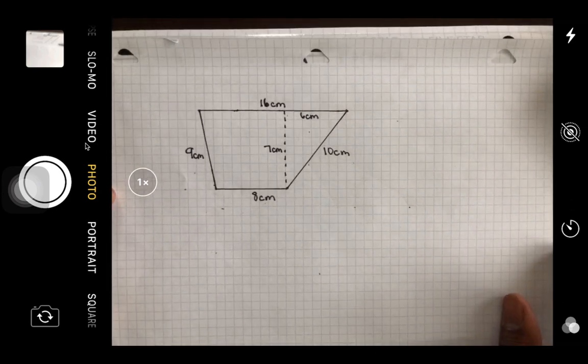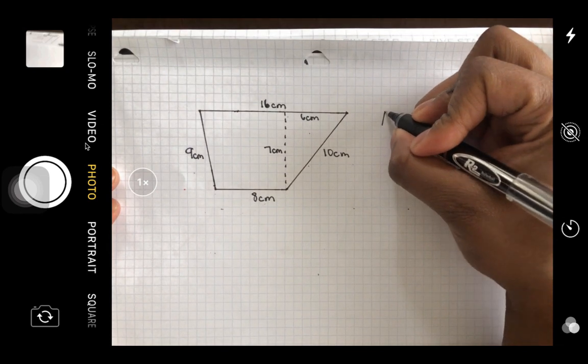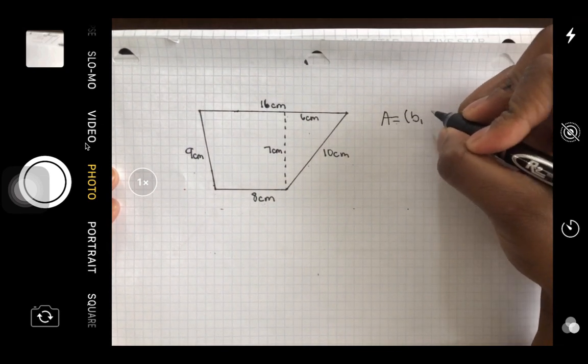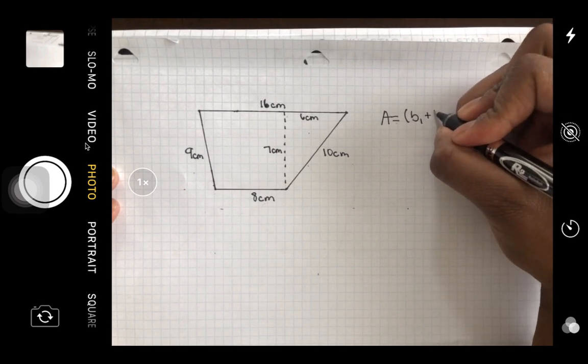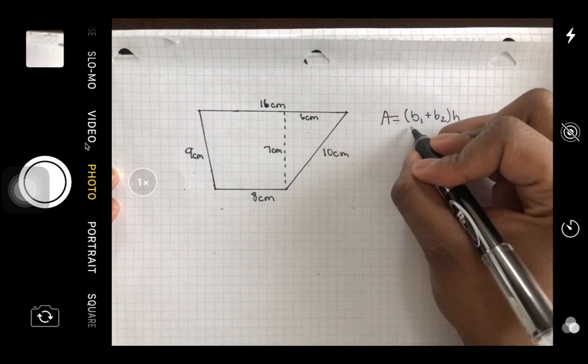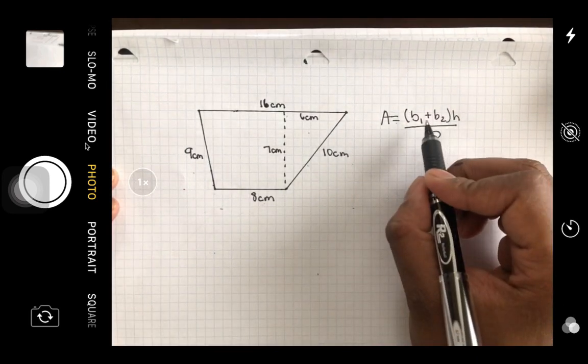All right, here's an example. Most problems are going to give you random information. They're going to try to throw you off. So it's important that we understand what our equation wants for us to find the area. For us to find the area, we need to be able to add the first base plus the second base, multiply that times the height, then divide it by 2. Okay? Remember, our two bases